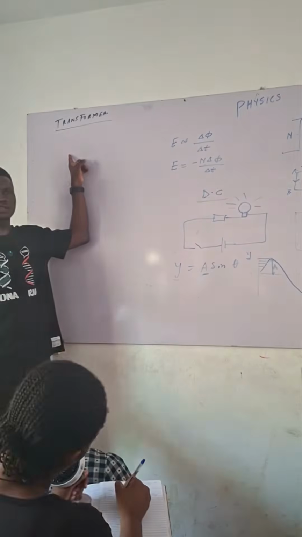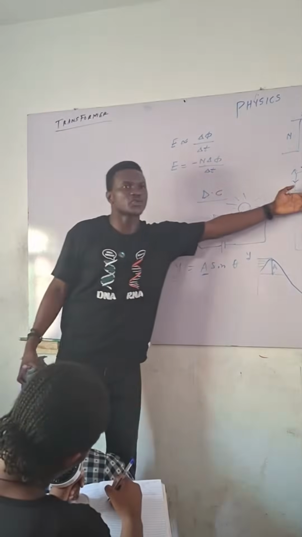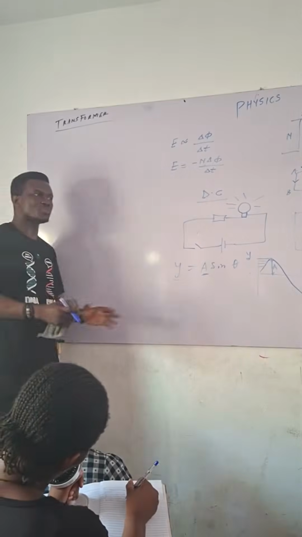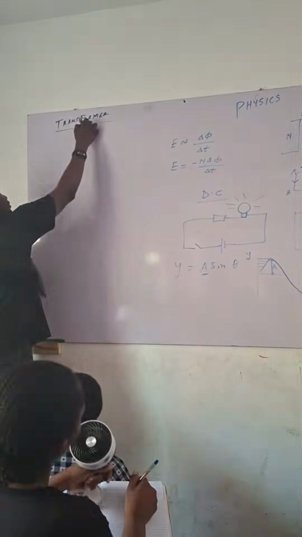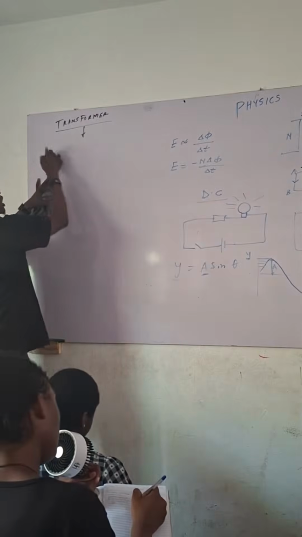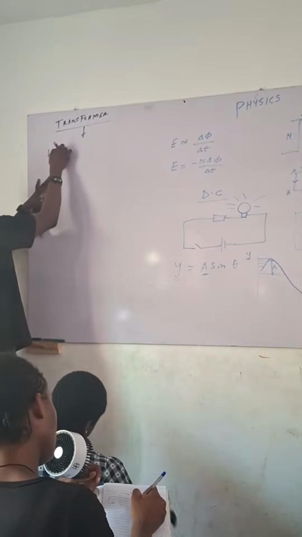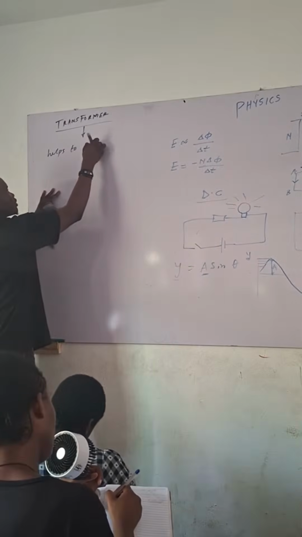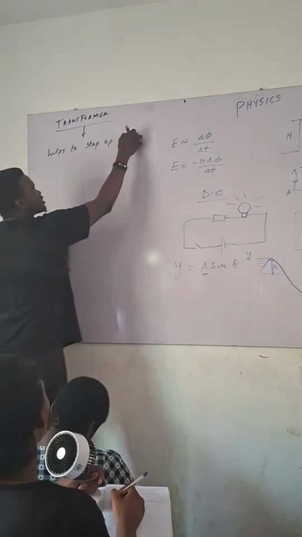Do you get that? So a transformer just helps you to transform your alternating voltage, to step it up or to step it down. This is all you need to know: a transformer helps to step up or step down